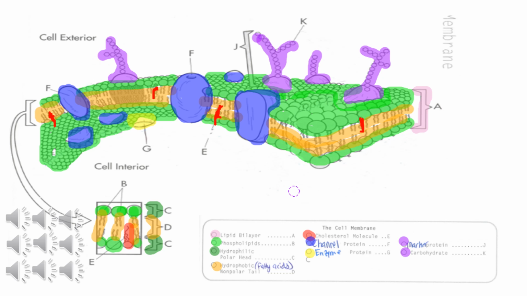Next comes the channel protein. Channel proteins, we're going to color them dark blue. There are 6 of them scattered throughout the cell membrane. The easiest ones to identify are labeled F, like the one right in the middle of the cell membrane that kind of looks like a pitted olive. Then there's one right to the right of it that has part of it cut off, and it looks flat